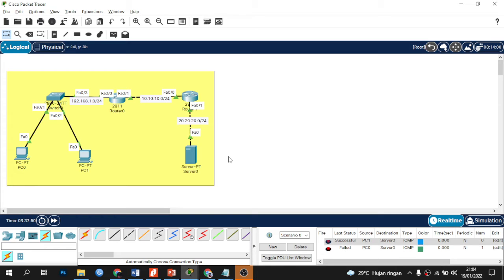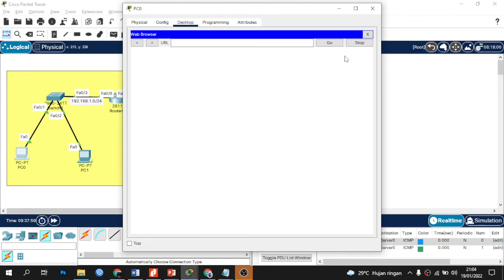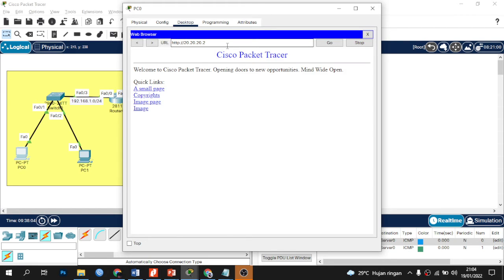Now let's try to access the server from the web browser. Web browser, type the server IP. Now it works. Why is it still working? Because we only blocked the ICMP protocol, so we cannot ping the server, but we can still access the web browser of the server.